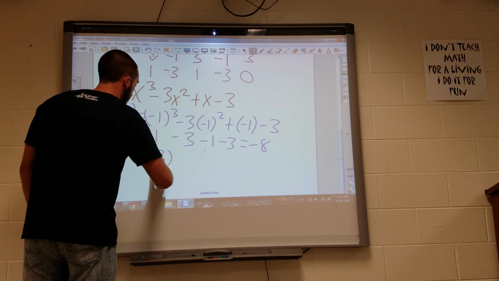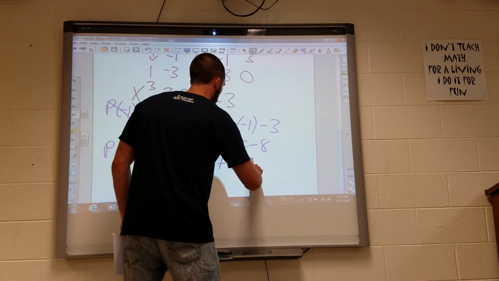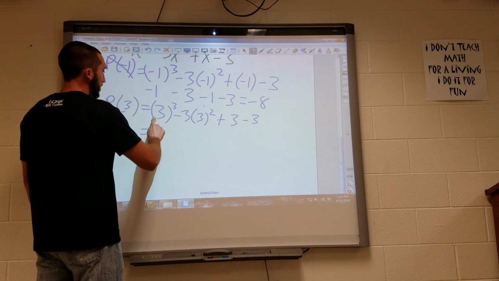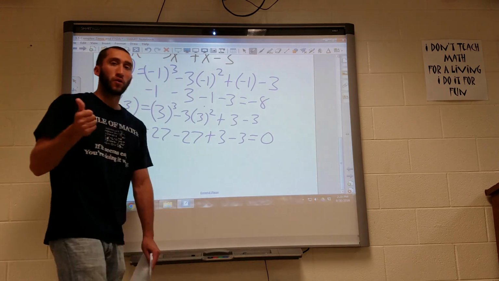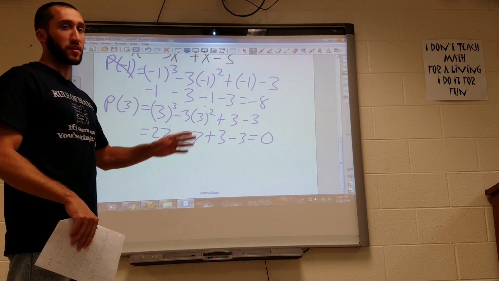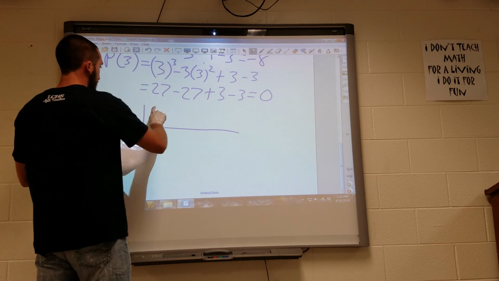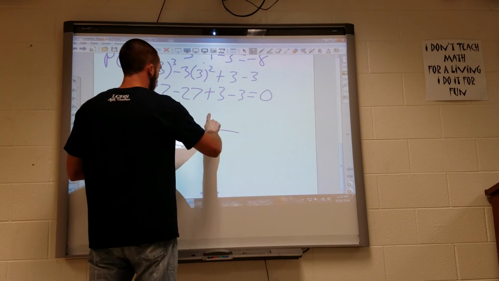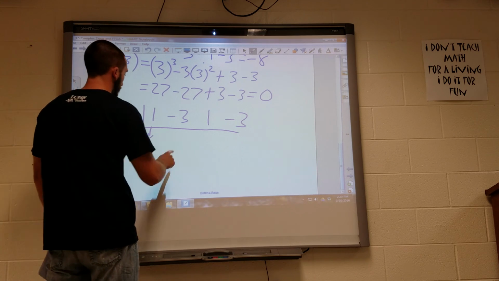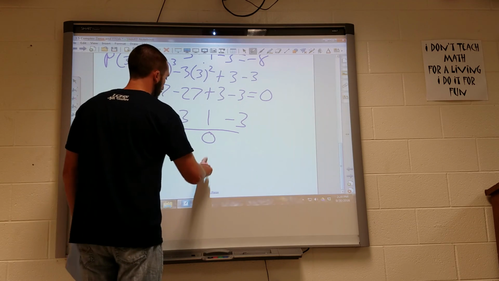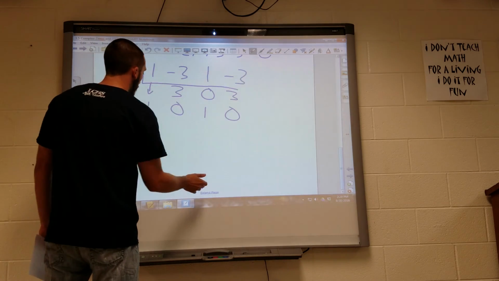So that equals 3 cubed minus 3 times 3 squared plus 3 minus 3. So that gives me 27 minus 27 plus 3 minus 3 equals 0. Cool. So that means our other real root is a positive 3. Let's go through and synthetically divide by 3. And my coefficients were 1, negative 3, 1, negative 3. Carry my 1 down. 3 times 1 is 3, 0, 0, 1, 3, 0. So we've proven 3 is a 0, and we are left with